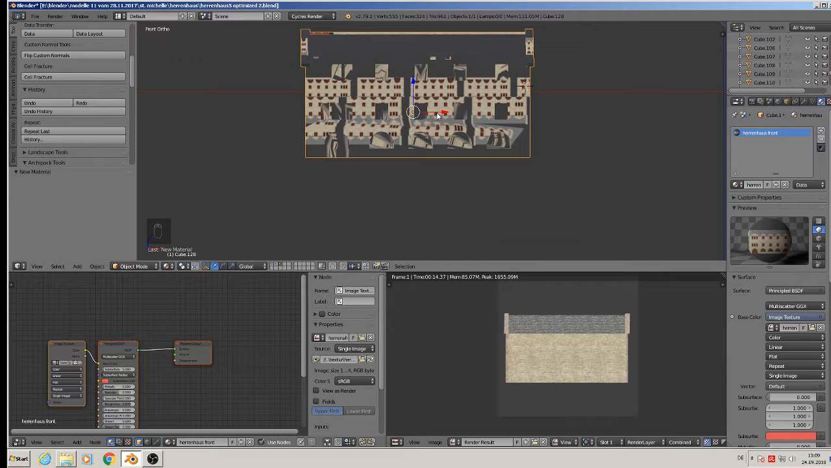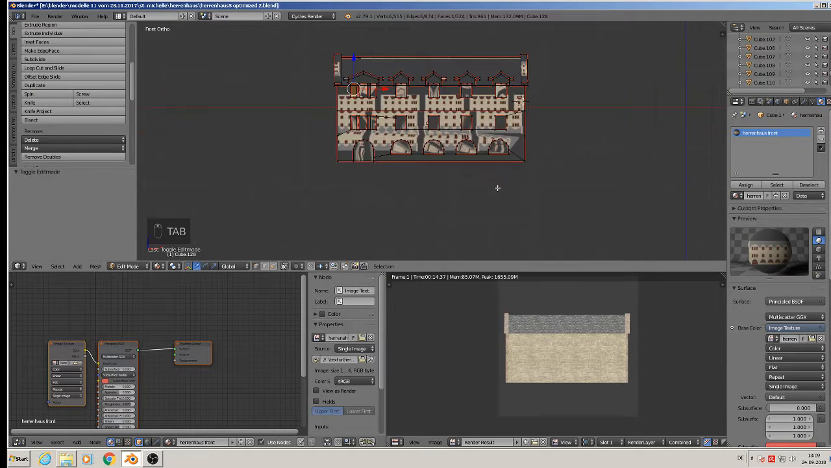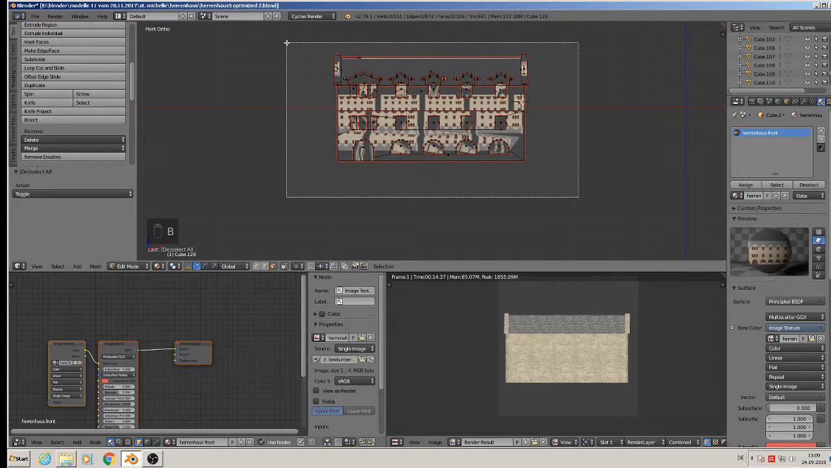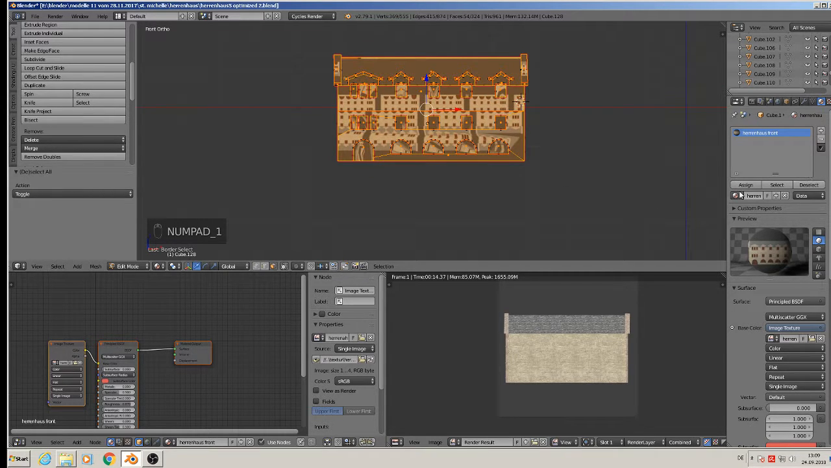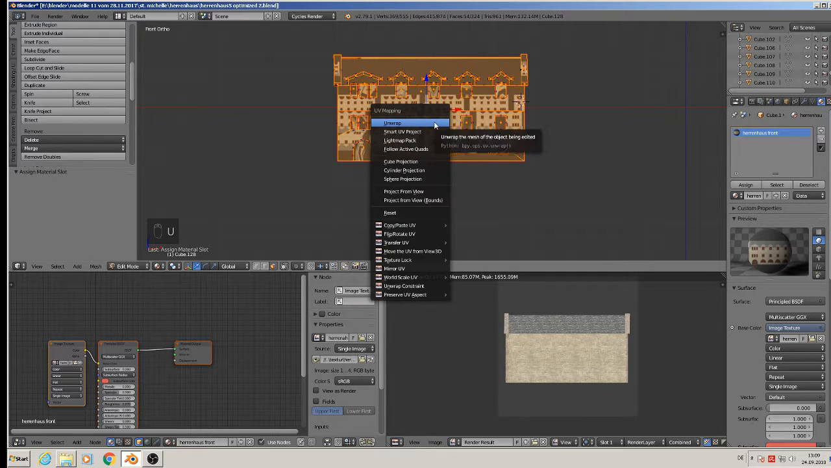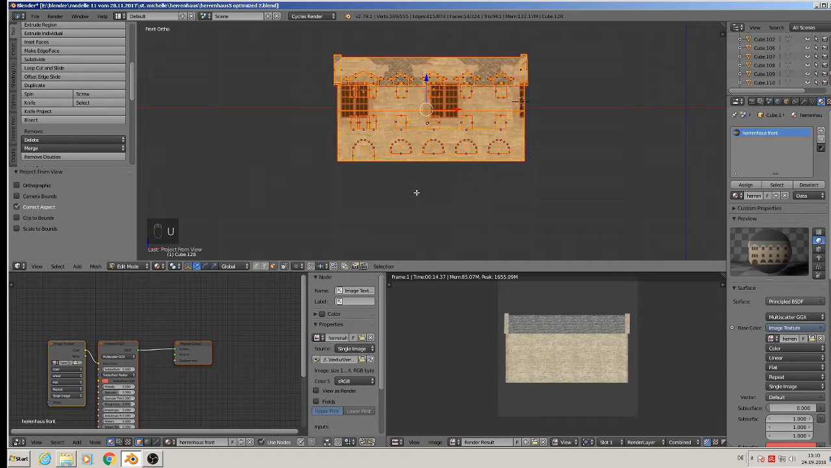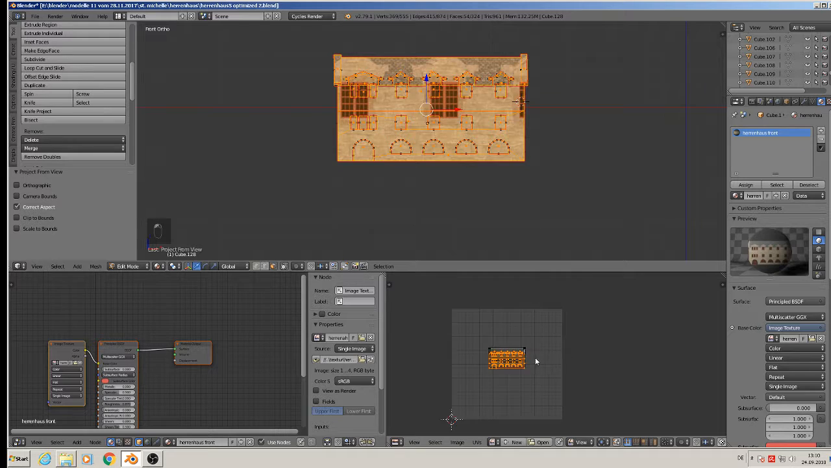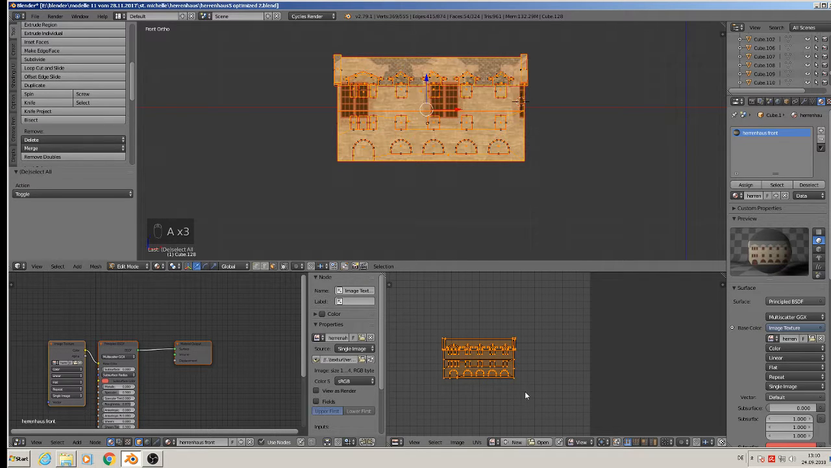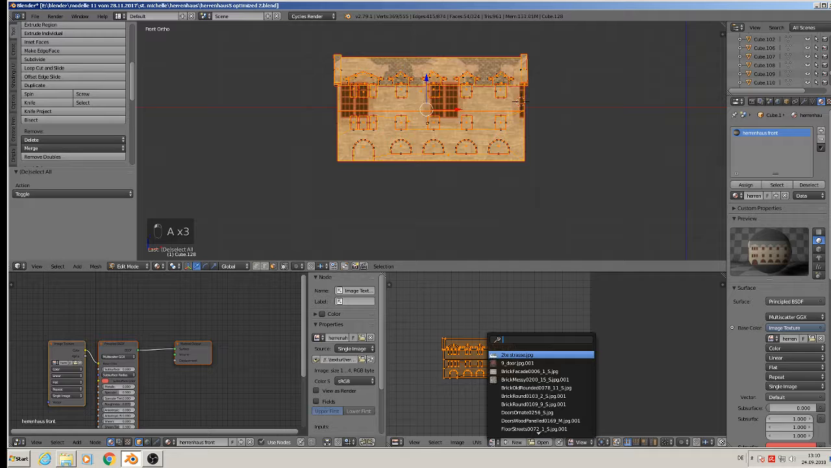Then we go to edit mode by pressing Tab, then A to deselect all, face selection, border selection by pressing B, and select only the front. Assign that material here, then U to unwrap, project from view. Then we click that here. Here we have our UV from that, and we need to get from our history